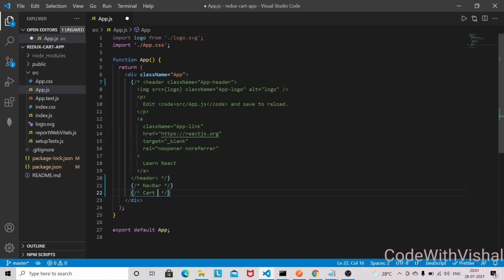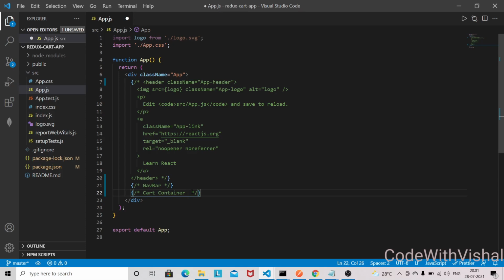container, and inside this cart container we'll have all the items of the cart, as well as the total amount of the cart items, as well as the clear cart button. So those all things will go inside this cart container, and we will have a navbar where we have some button, like to get all the items.